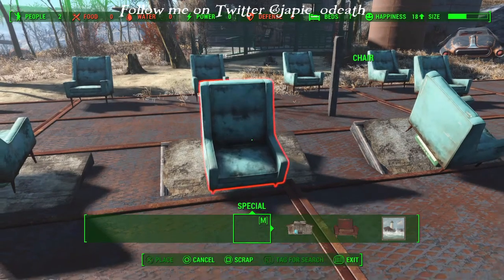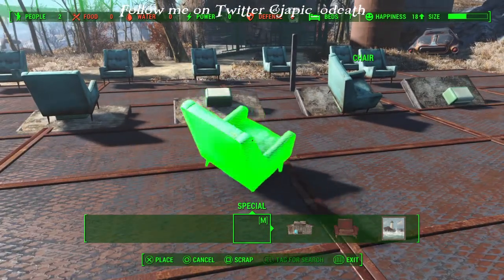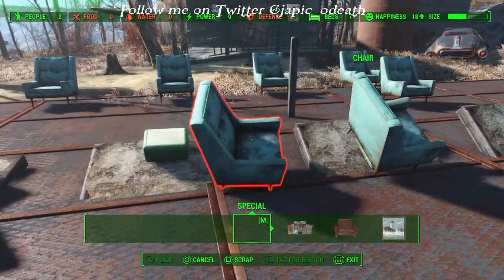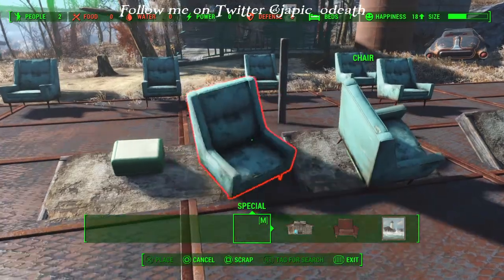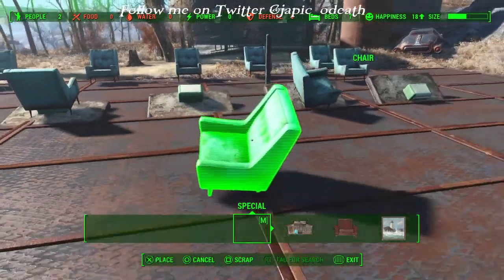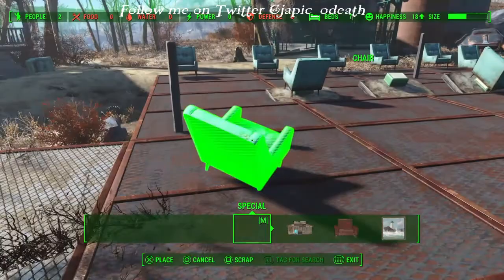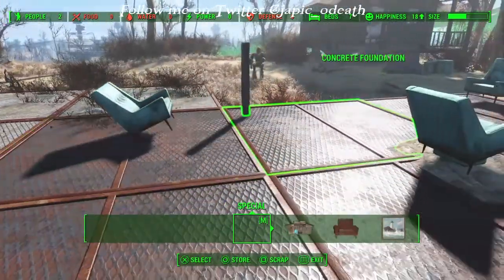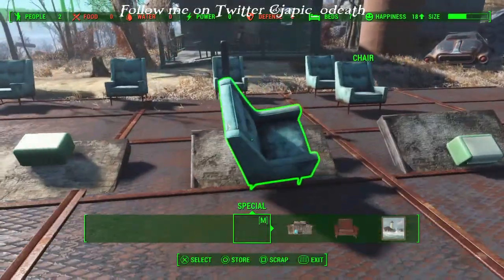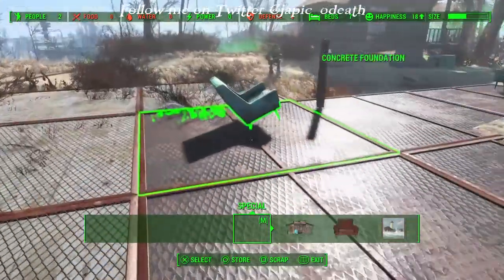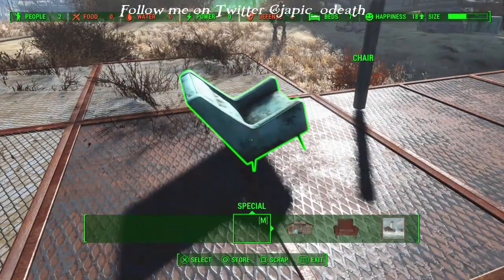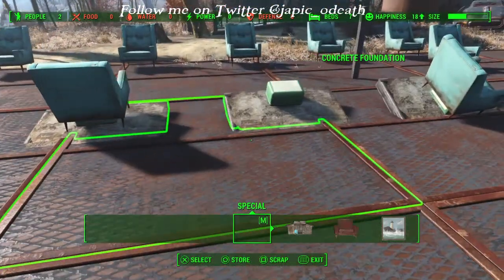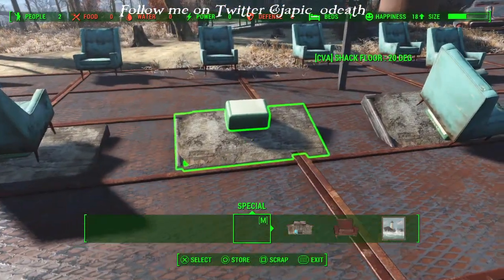If I pick this chair up, it will always maintain, like I said, that 20 degree axis right there, no matter what I do with it. So I can carry this around and it is forever on that axis. If I don't like the object and it is not what I want, then all you have to do is store it. It'll go back to its original properties in the workshop, and you can build it back down again,